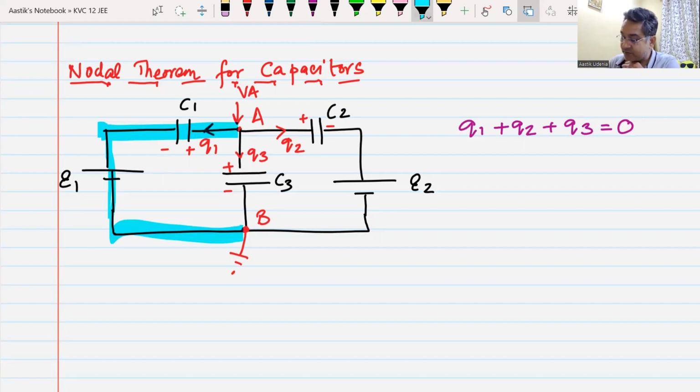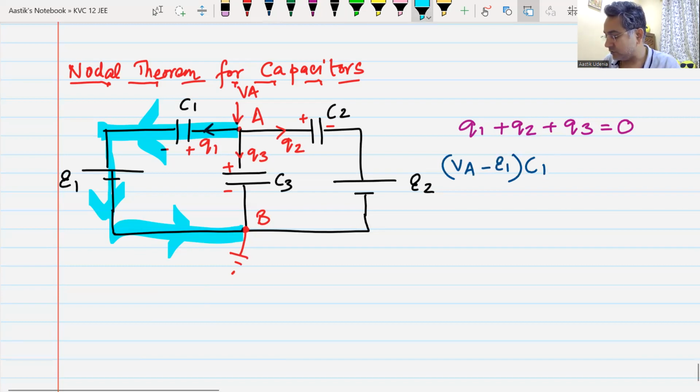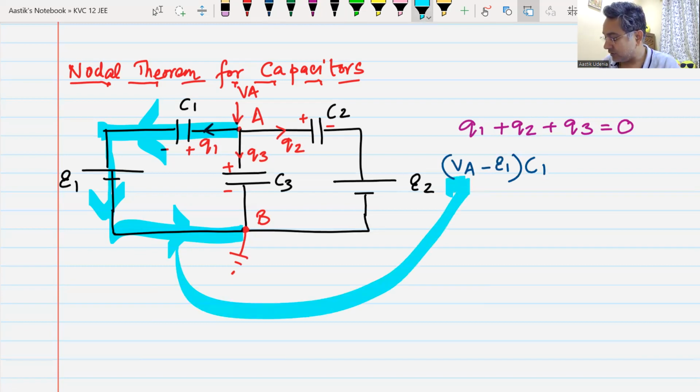It is (VA minus E1) multiplied by C1. That is correct. See, it was so simple. You could have done it on your own. That would have given you a lot more confidence. Anyways,